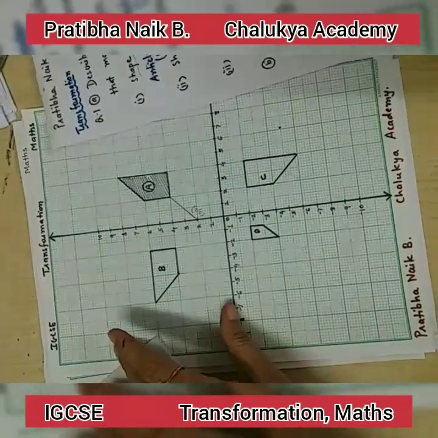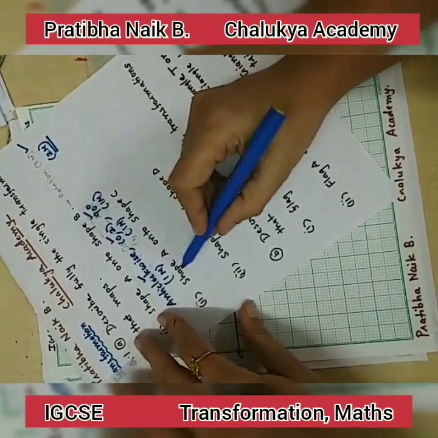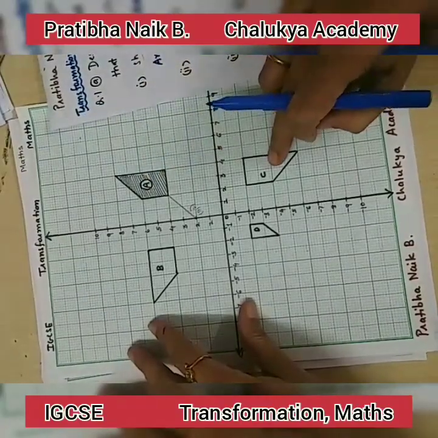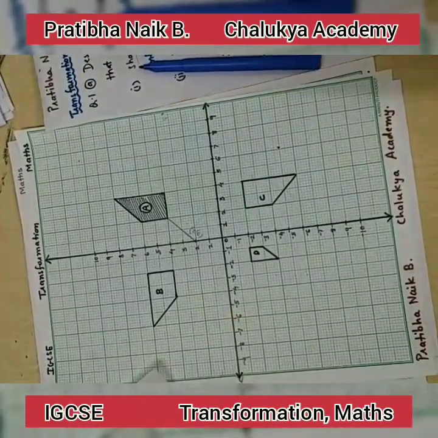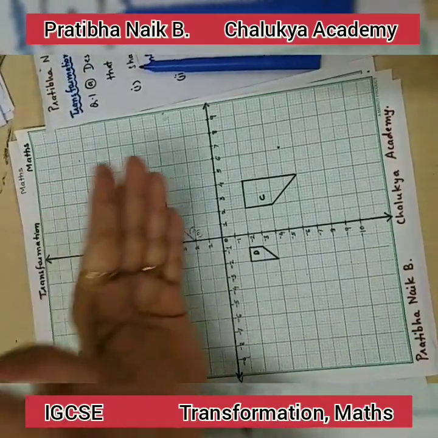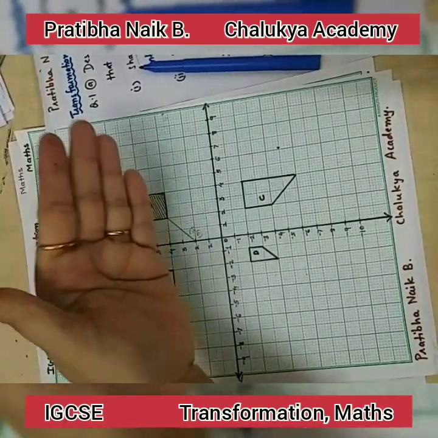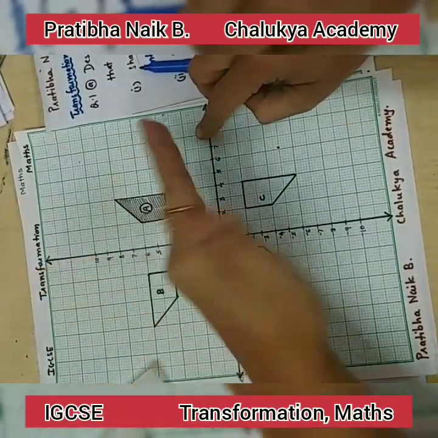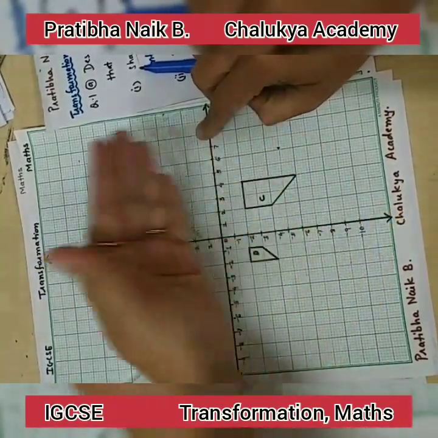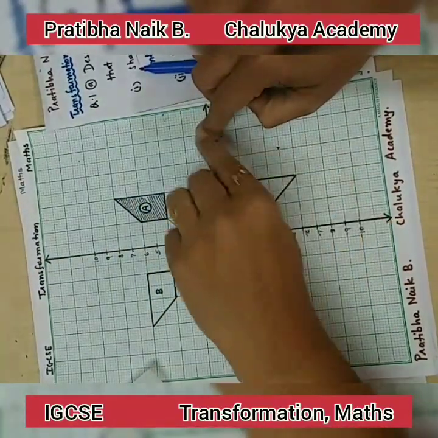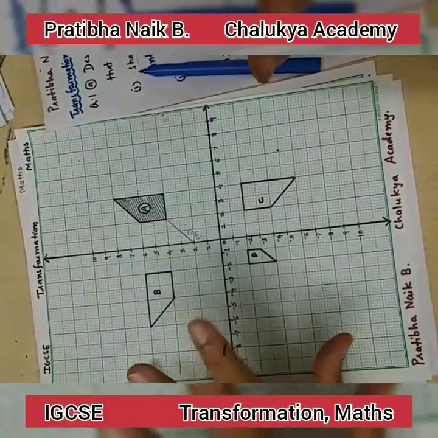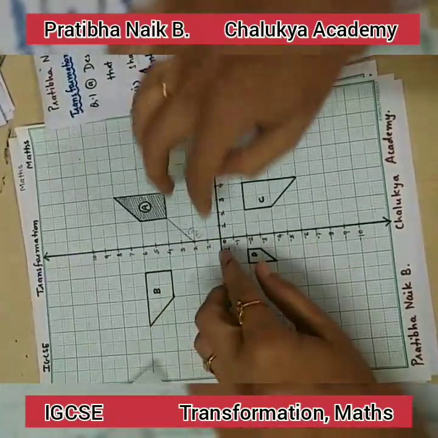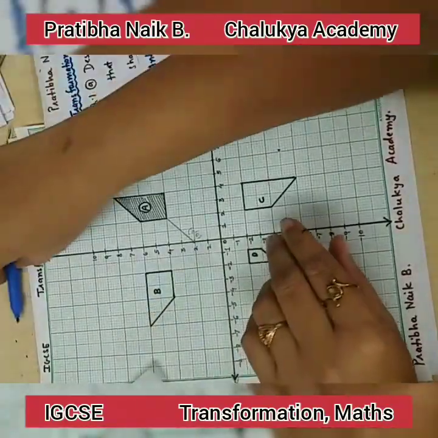Okay, next we will go to shape A onto shape C. Now shape A to shape C. Now here you can see that you can make out it will be a reflection, because in a reflection the object, through the mirror line, will just flip over 180 degree. So this is just turning 180 degree through the mirror line, and we know that the object and the image are always equidistant from the mirror line. So let's see here,